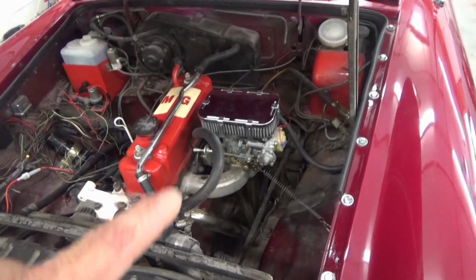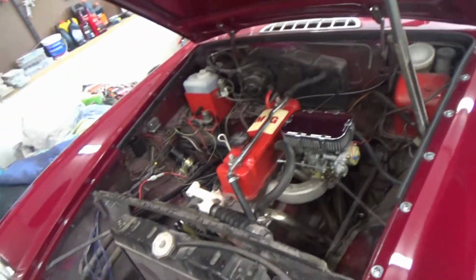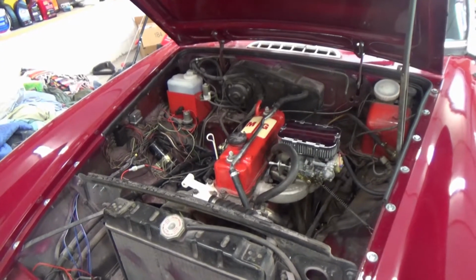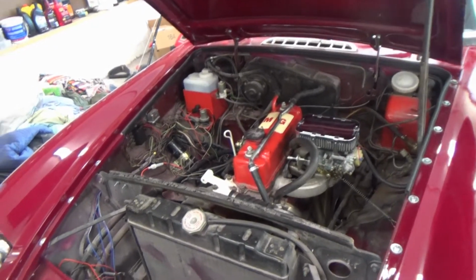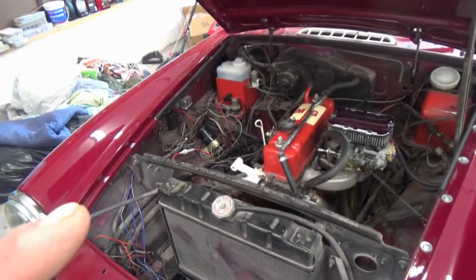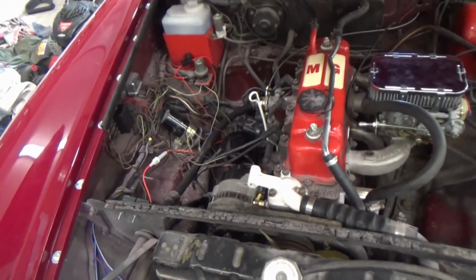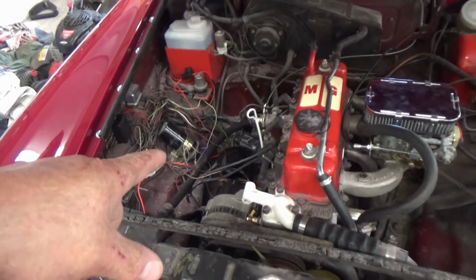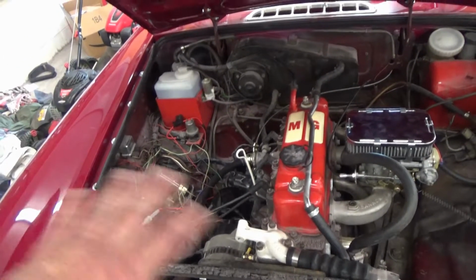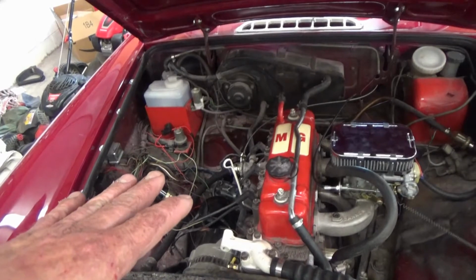So I didn't fix that problem yet because I was still working out on why I wasn't getting any spark anymore. And then for some reason, I don't know why, it is very odd, but I connected into the green and white wire, and I thought for sure I'd changed that to where it was getting power to the modulator for the AccuSpark. I thought I had that hooked up to direct power, but once the key's off, it shuts off. Apparently I had that connected to the white and the green wire, and it only